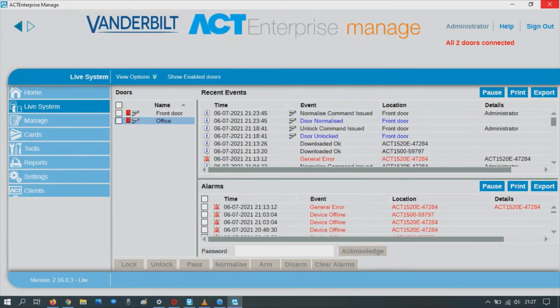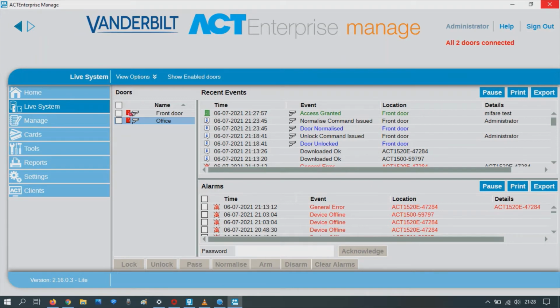So now let's get to the point of integrating Hikvision MVR with the ActWin software. What we're going to do is present a couple of cards to the front door and the office door, and then we can review what happened. If we go to the office door, we present a valid card. It'll say, as you can see there, access granted. Once that time's out, we'll then present an invalid, unknown card.